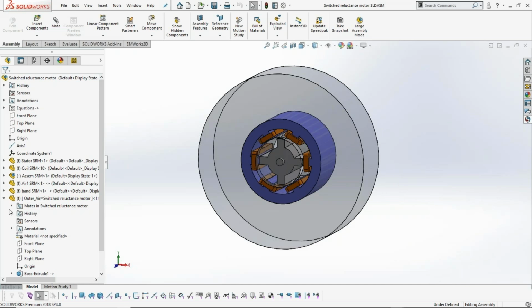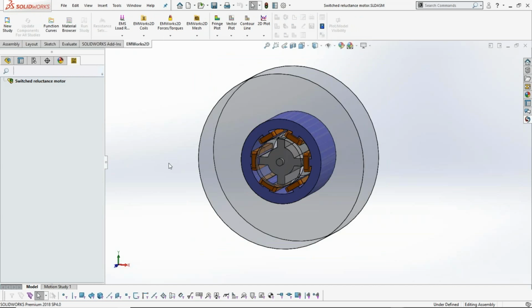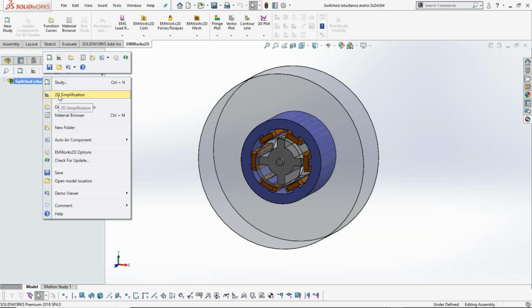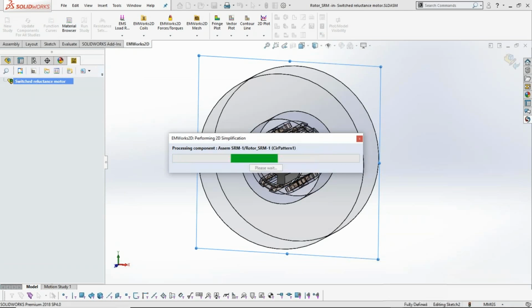Okay. Now to do this, again, I can go back to SolidWorks and I can go to the EMWorks feature manager. But now notice that I don't have any surfaces. You don't have to worry because we have a very neat feature in EMWorks which is called 2D simplification that allows you to select a plane and then automatically EMWorks will compute all the 2D surfaces required to do the